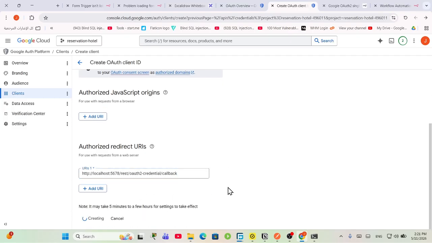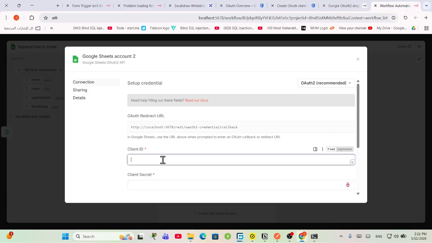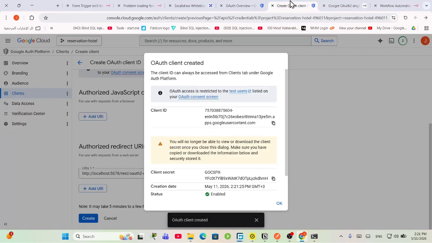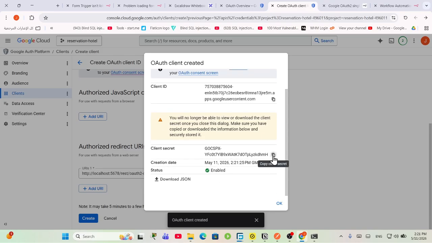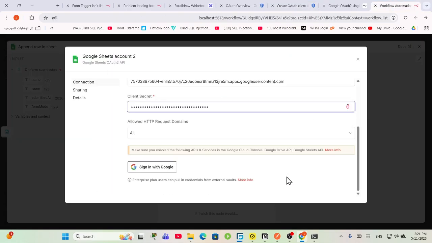Okay, and then you create. Once you create, you're going to get both the client ID and the client secret. You copy the client ID here, paste it here, and again you copy the secret. Make sure you copy it, because it will be difficult to get it again later. Then click sign in with